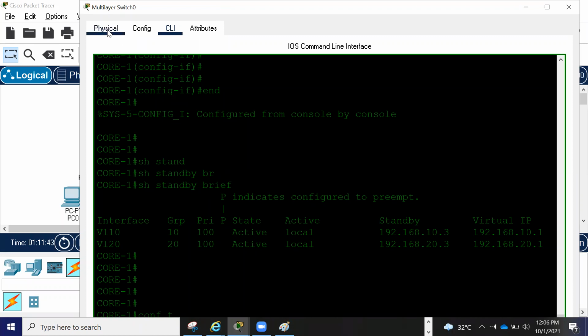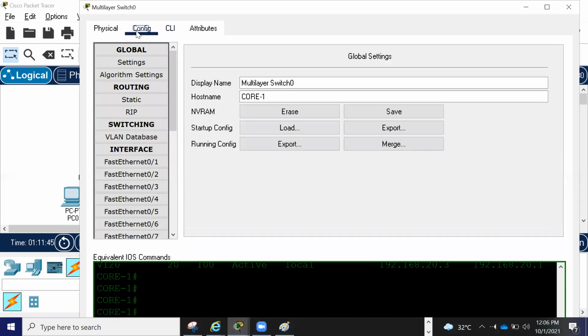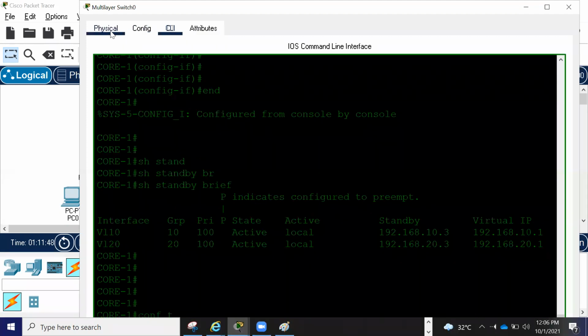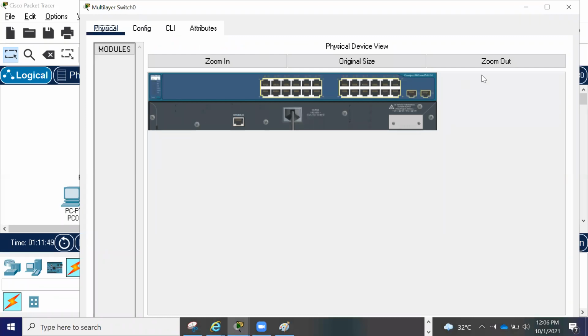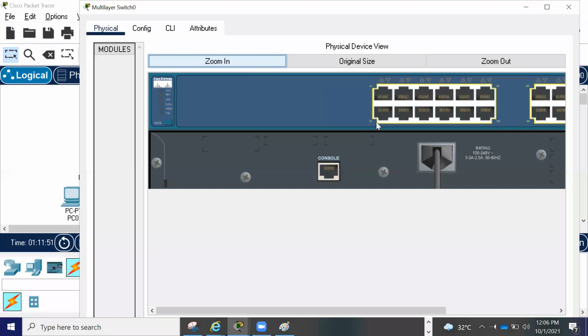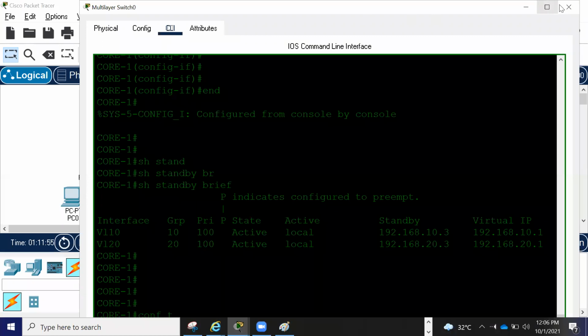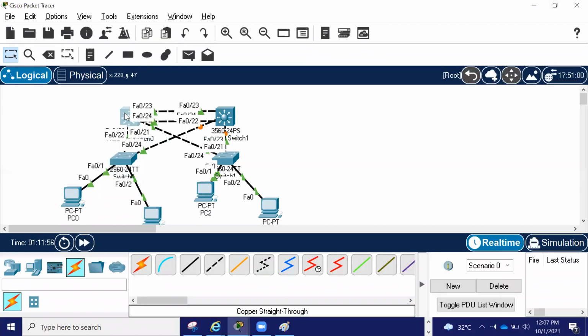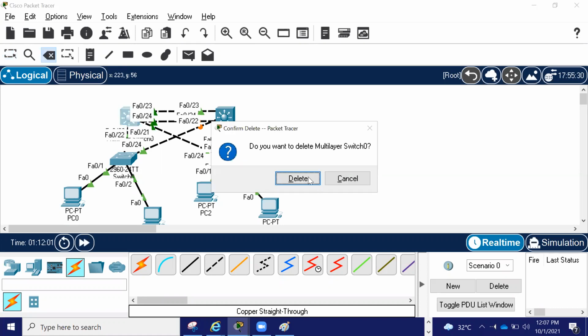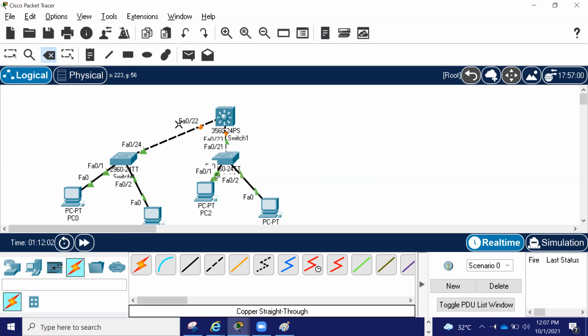If something happens to this switch, what I'm going to do is power off. Is there an option here? I'm checking, and there is no option here. So what I can do is just pull it out. Go here, boom, gone. Now look.